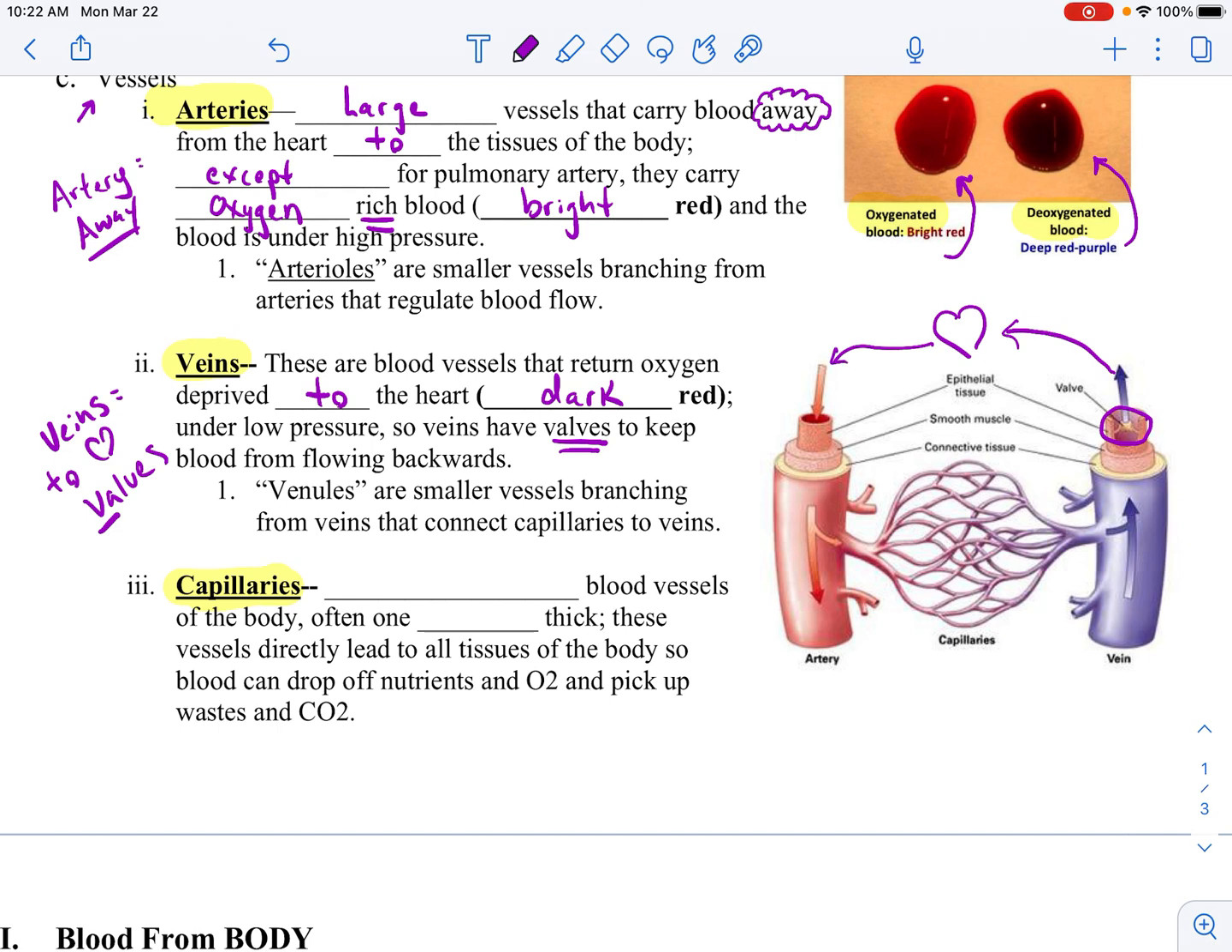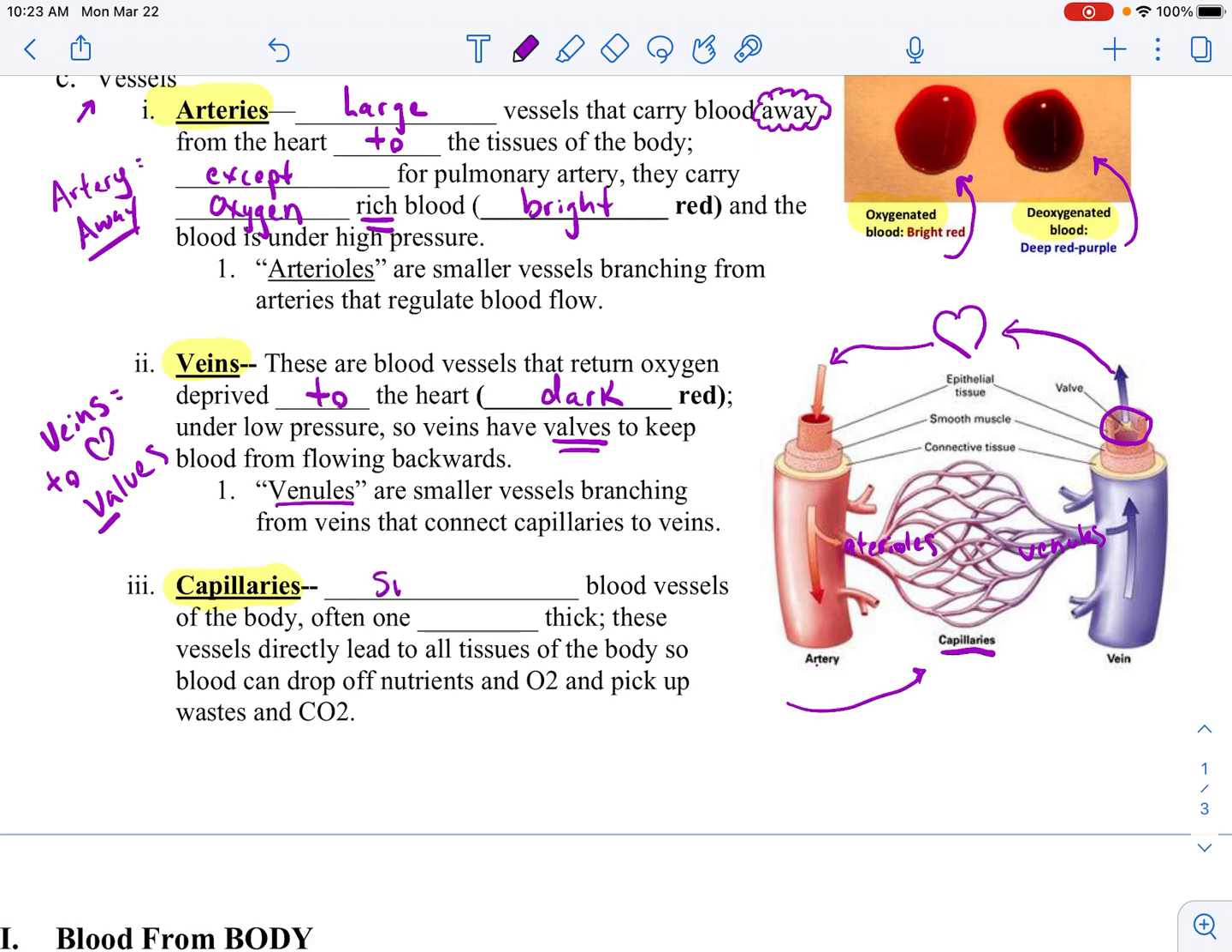The vessels that connect arteries and veins, oh, sorry, I missed one thing. Venules. Venules are very small veins. So small venules actually branch to larger veins and connect capillaries to a larger vein. So you would have an artery, and then you would have arterioles, and then you'd have capillaries, and then venules, and then a vein. And then going back to capillaries,